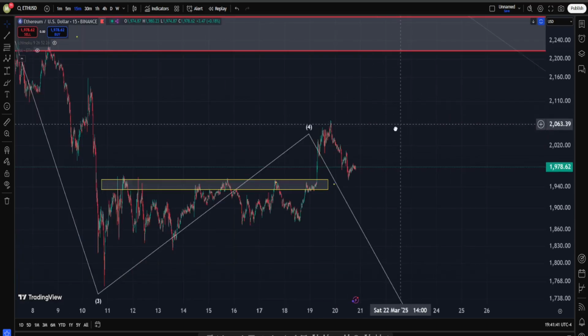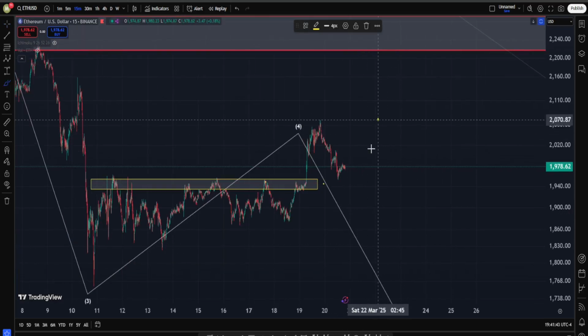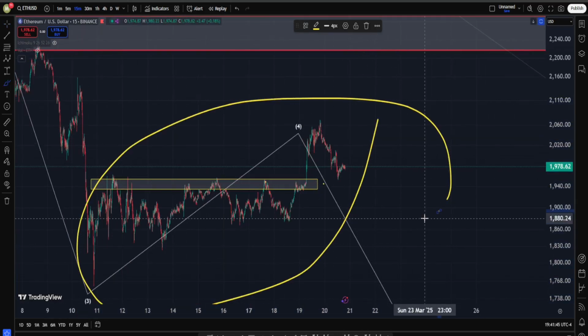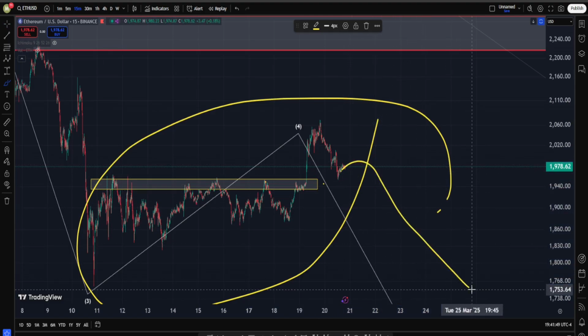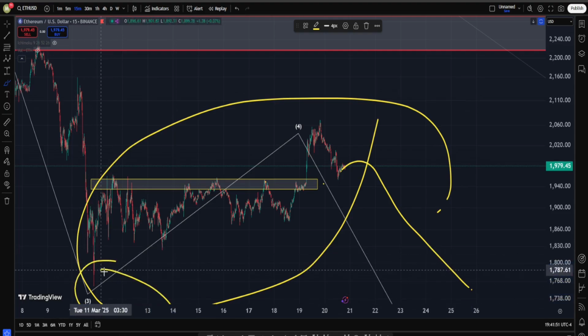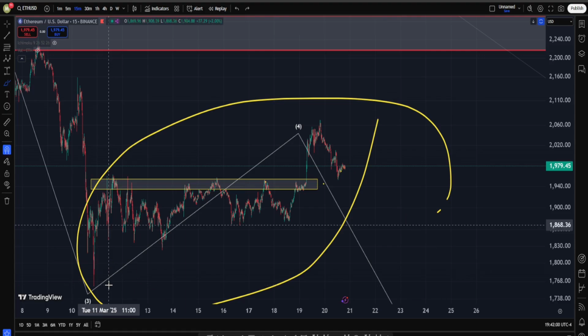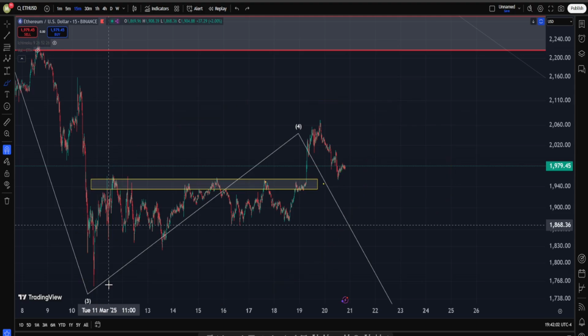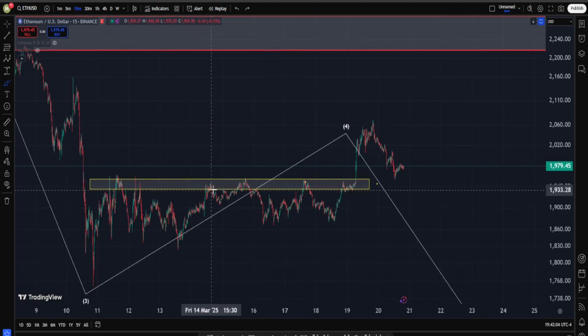Now, according to my primary scenario, odds are this whole move on the upside is going to be a correction and not an impulse, and after it's over we may see another move down in order to take the lowest low down here about $1,760, and then that will be it, our final bottom, and we are going to have a very strong move on the upside in order to start the next major phase of the bull run.